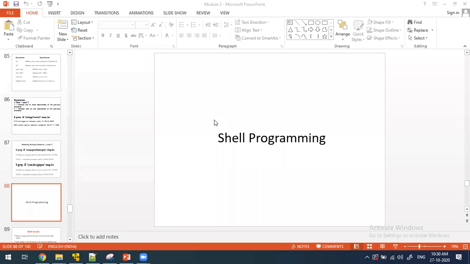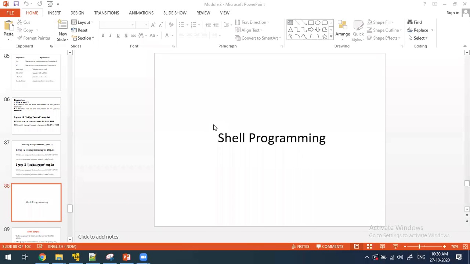What this shell is all about is that it's an interpreter, where you can execute commands. Not always do we execute a single command at a time. We execute multiple commands, where the output of one command is required for the other command. For that reason, we want to write the entire program, which contains multiple commands. That is why we are going to learn shell programming.